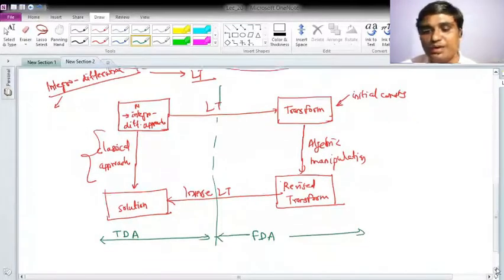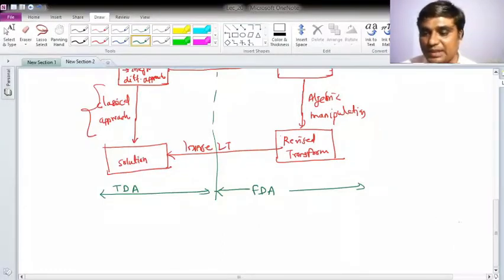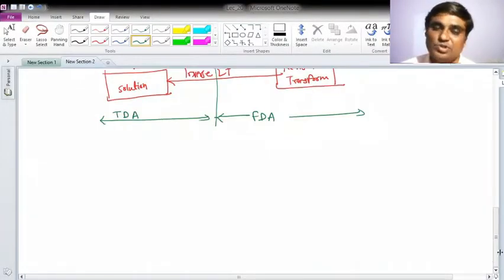In the time domain it may happen that some of the information may not be revealed, so that information I can reveal by the use of the frequency domain approach. That we will see, and this is your choice now, by which way you want to solve it.